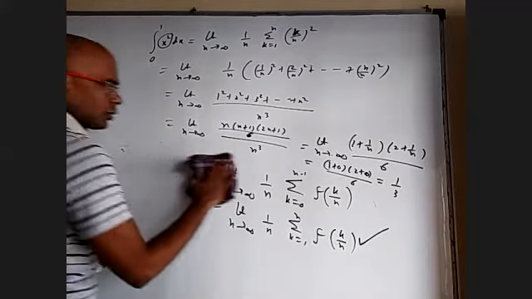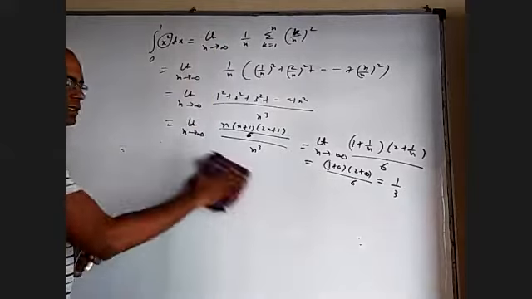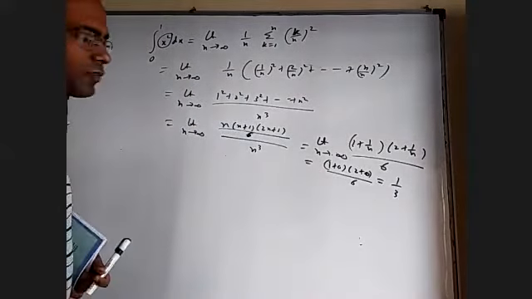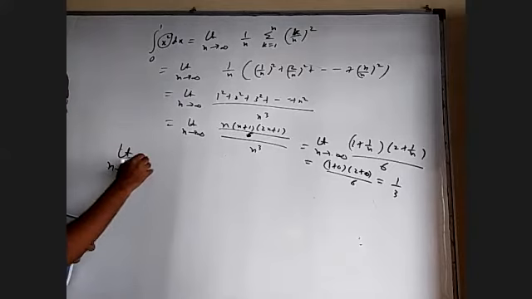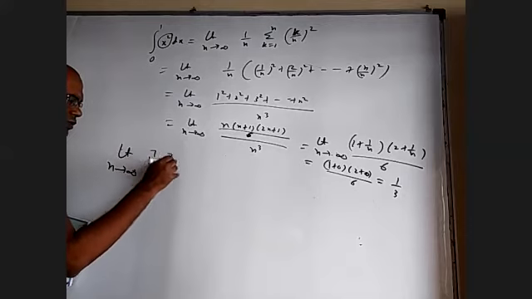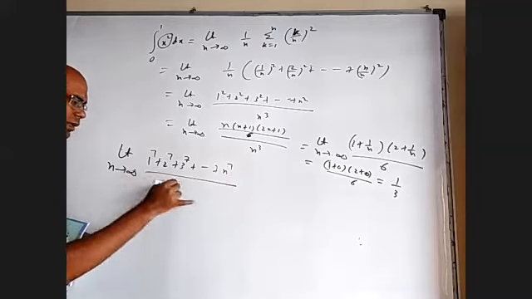Okay. So now we are going to see one limits question, which is a little difficult, but we can convert it back into an integral. What is that? Let us take one example. Limit n tends to infinity of (1^7 + 2^7 + 3^7 + so on up to n^7) / n^8.